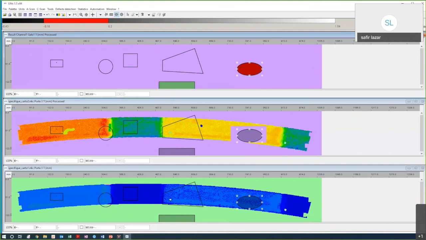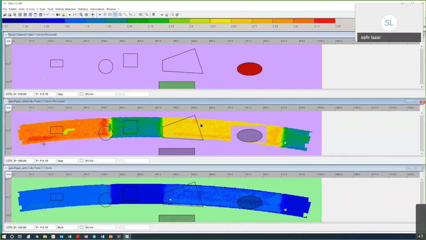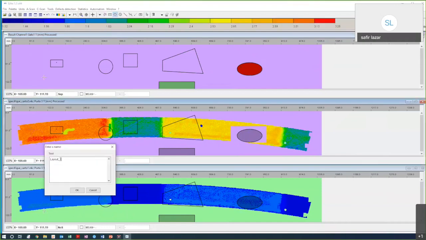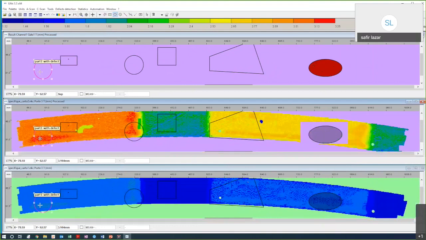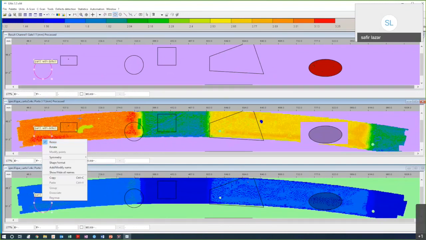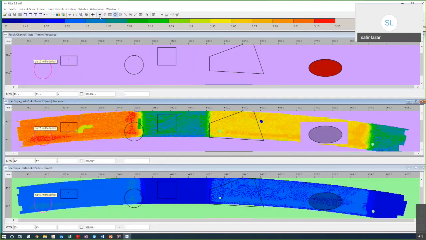And the third kind of selection is what we call a layout. So you can put a specific text, for example, I don't know, part 1 with defect, for example, and apply it. So you can put some layout with all the selections, and keep in mind all the selections can have some level. So for example, if you want, I will create another one to,